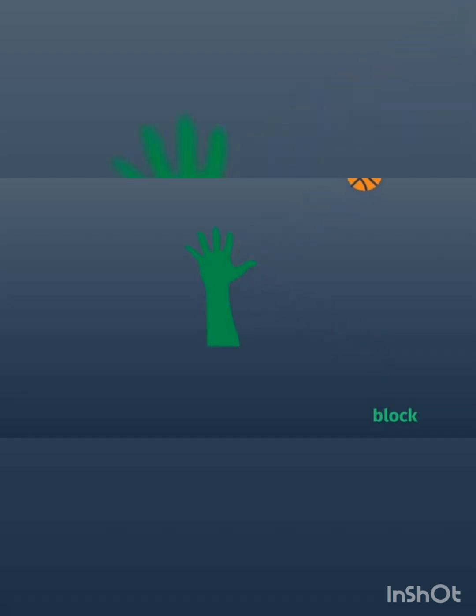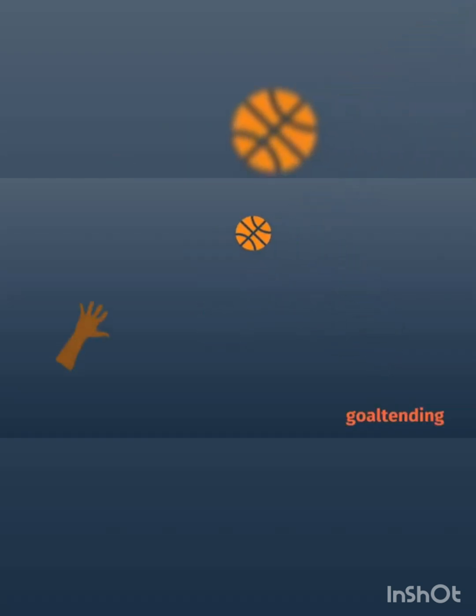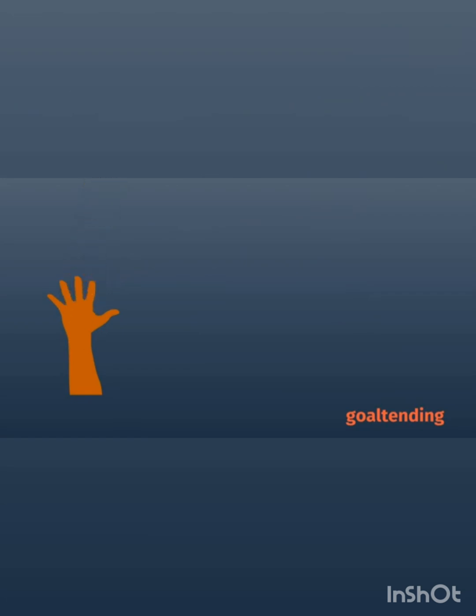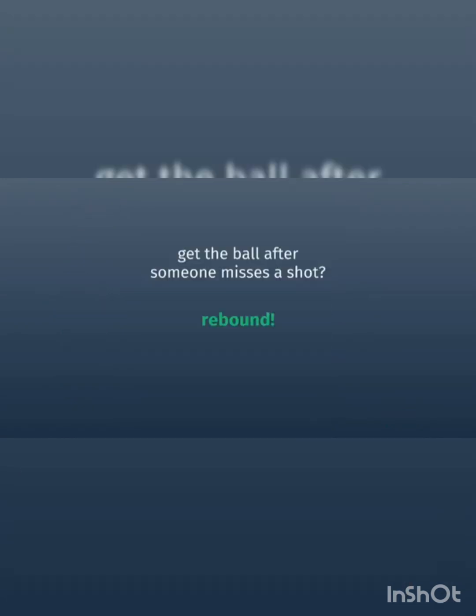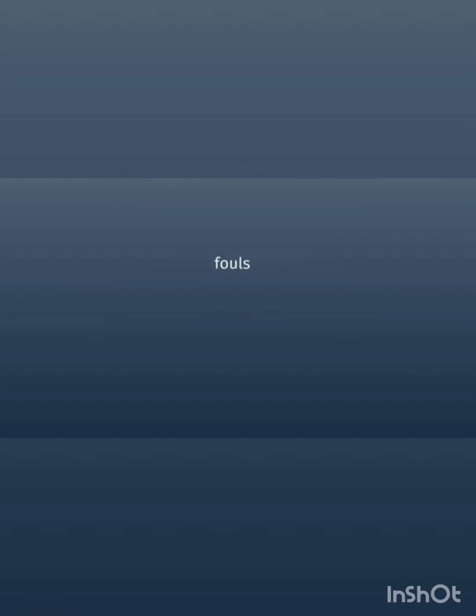Blocked while going up, that's a block. Blocked while going down, that's called goaltending, and the shot counts. Someone misses a shot, grab the ball. That's called a rebound. The exact rules about what is a foul and what isn't change from league to league,